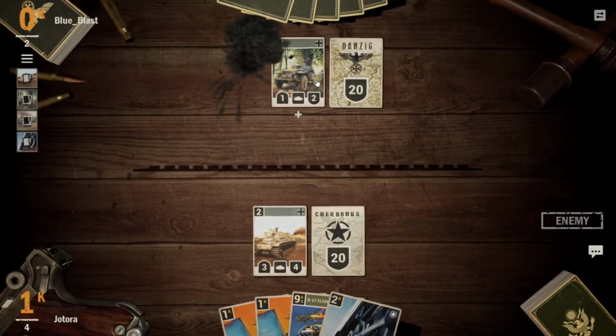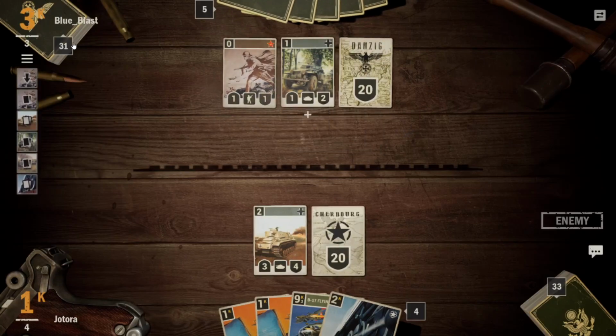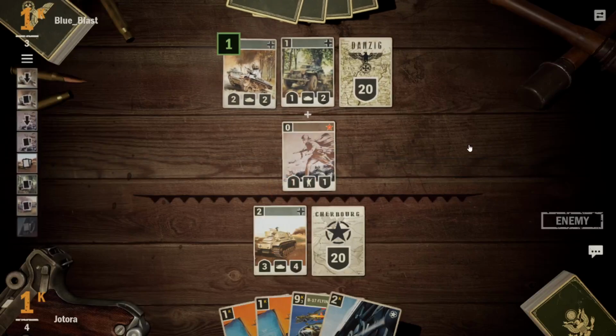This screams I have Awoken Giants to him. Blue Blast is a good enough player that he probably sniffs that out. It doesn't mean that he doesn't take the front line anyway, because he probably doesn't have a choice, but...